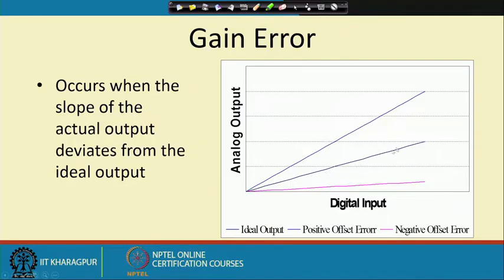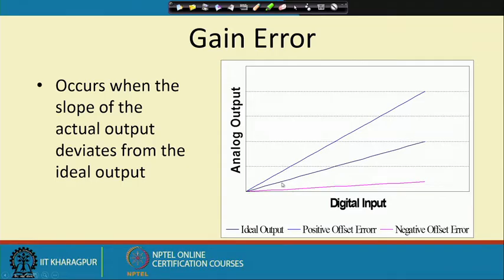So, this is my ideal output. Depending upon my DAC design, I expect the output to be like this. But in reality, it may so happen that you get the output like this pink line or this blue line. So, this is the positive error and this is the negative error. This occurs when the slope of the actual output deviates from the ideal output. Both of them are straight lines, this blue line as well as this purple line,